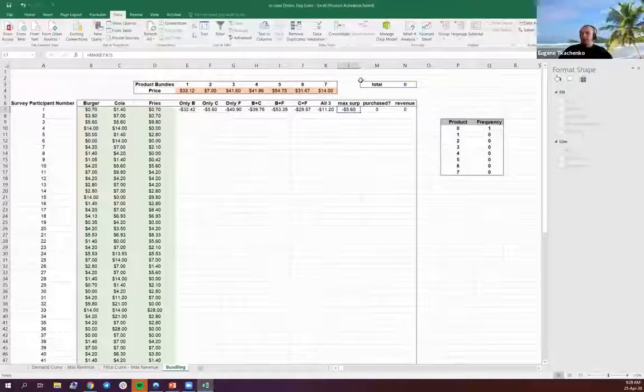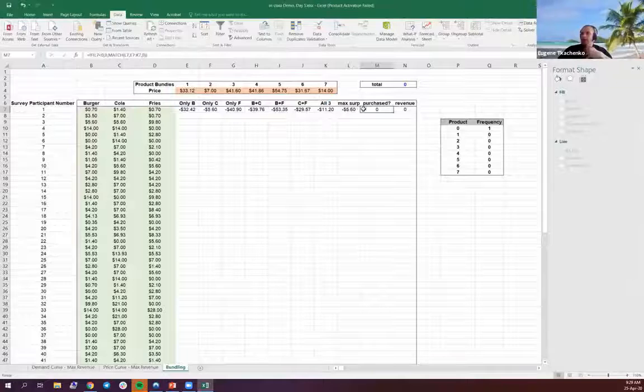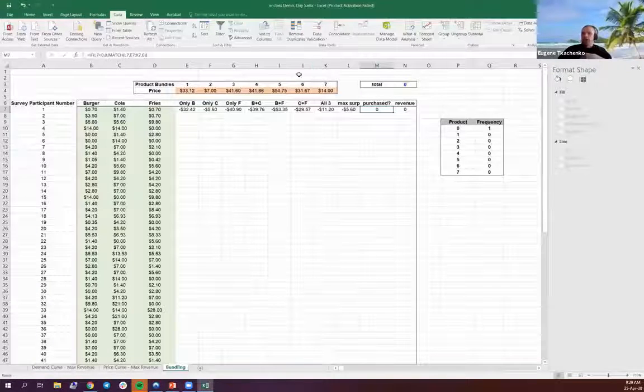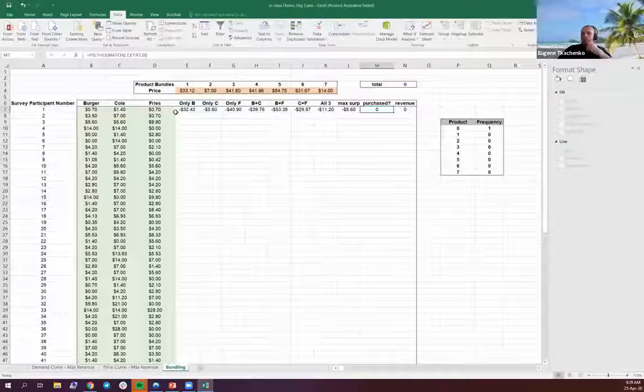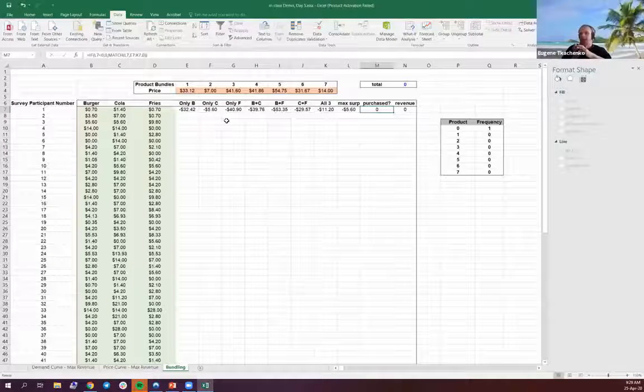So I basically included here, and again, this is kind of a framework just to give you a sense of how it can be done, that I'm interested in maximizing surplus for my consumers, as well as understanding when or how many purchases may technically occur if consumers, based on their responses and their data, comparing their responses to the actual prices when they're in store, will be overweighting my offers. So let's say that I'm interested in setting the price for burger and cola